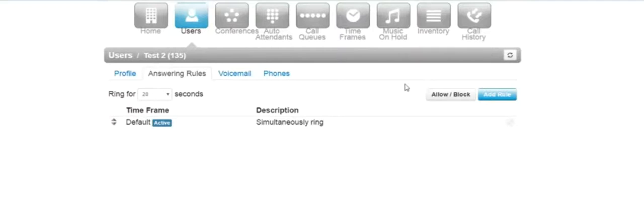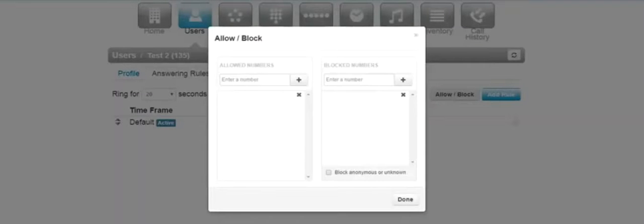Now, you'll notice to the right here the ability to allow and block numbers on a user. Now, let me state that if you need to block numbers at the domain level, we can do that. You just open a ticket with support and we can do it at the domain level. But this allows you to allow or block numbers at the user level. So when we click on this, the allowed number allows you to put numbers in here that could then bypass the call screening and or the do not disturb. Now, this is the server side do not disturb, not the phone level, but on the server side do not disturb. So if you put an allowed number in here